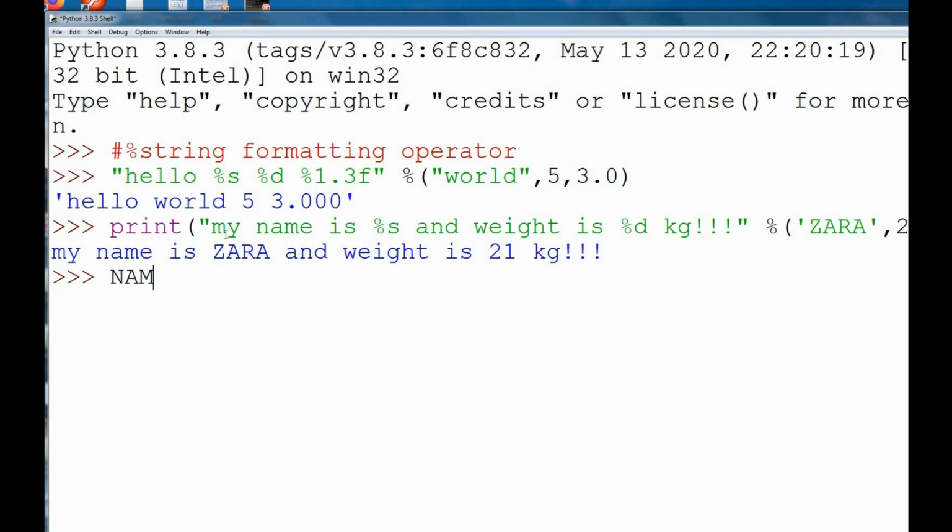Let us see one more example, which is your book example. Mark is equal to 98.